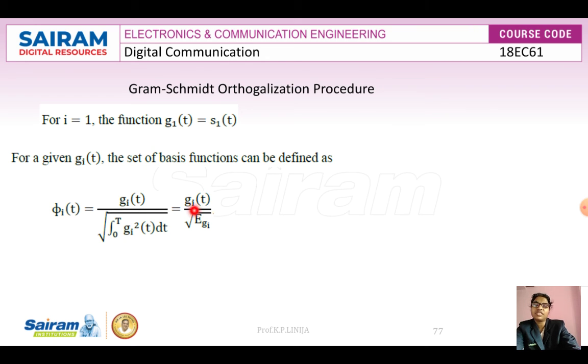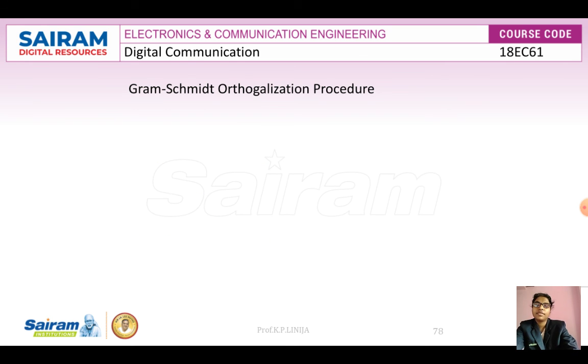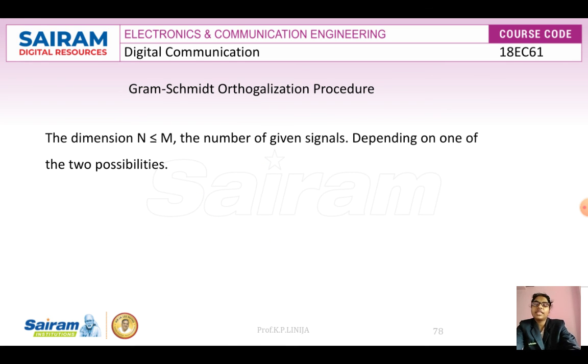Therefore, we can write gi of t divided by root of Egi. And here i will vary from 1 to n. And this phi i of t will form an orthonormal set. Therefore, the dimension is very important here. Always the dimension n is less than or equal to m. That means depending on one of two possibilities,